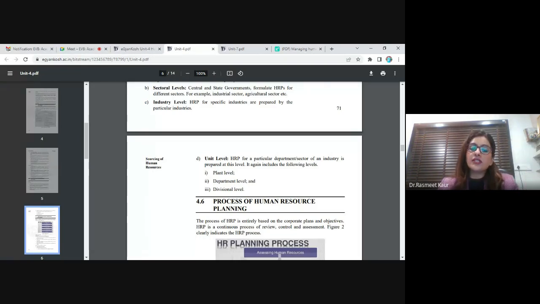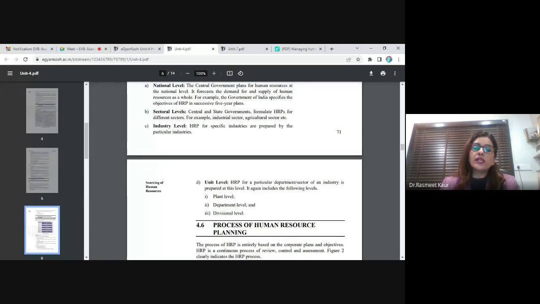It starts at national level, then it comes down to sectoral level, then we come down to the industry level, and then finally we have the HR planning which is done at the individual level, or we also call that unit level. Unit level is more when we talk about a firm doing the HR planning for themselves. So when I talk about individual firms, individual units doing their manpower planning, their human resource planning, that is called unit level planning. I repeat this again. When we do HR planning, there are 4 different types of level.